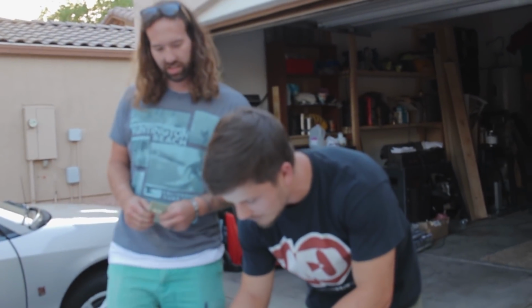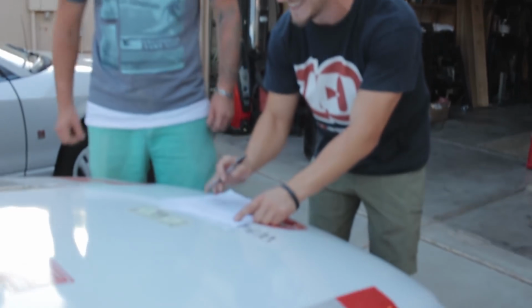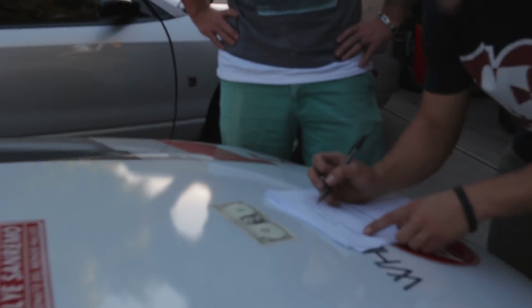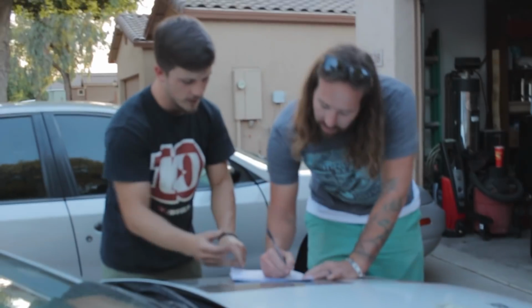If you don't have the whole thing, I can't sell you the car. The whole payment. All right, be it known that payment of the sum of $1. Yeah, dude, that's a hard-earned dollar right there. That's alright. You worked hard for that dollar. I did. I did. All right, the full receipt of which is